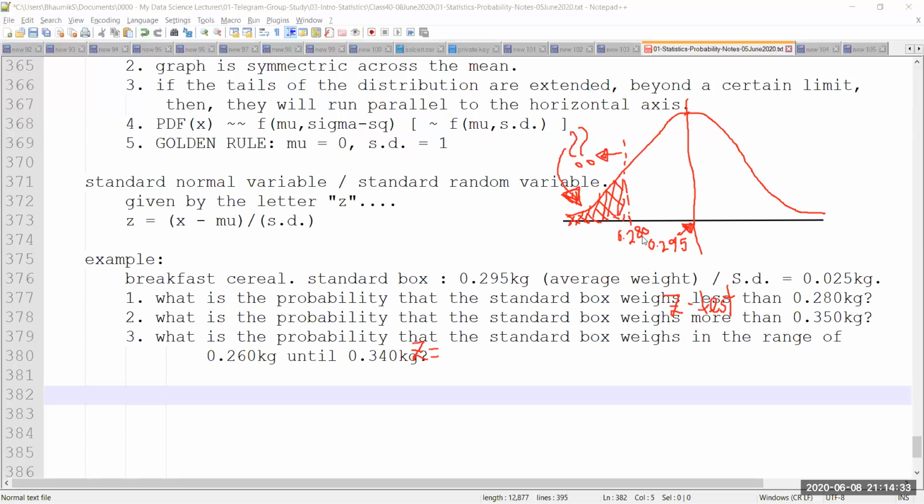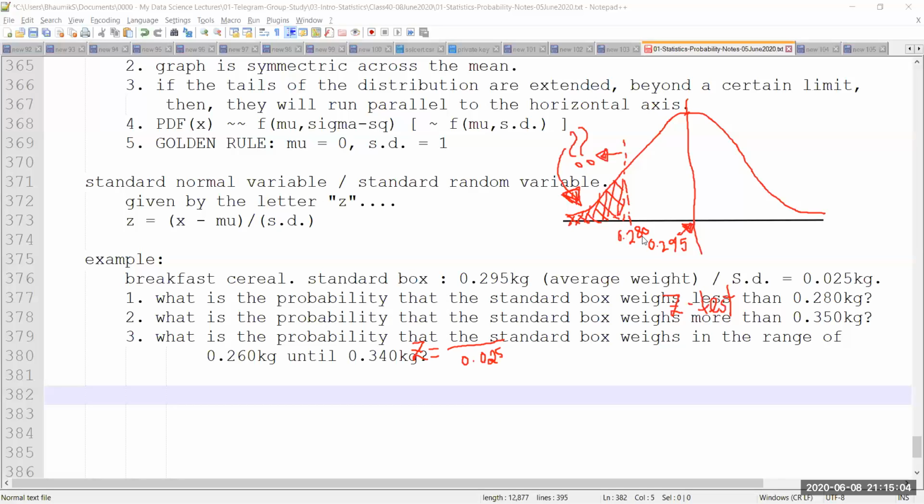What is Z? There is a numerator and there is a denominator. The denominator in this case is the standard deviation. I know from the question itself that the standard deviation is equal to 0.025. So that goes into the denominator. And then in the numerator, let me go with the pen only. It's fine. So in the numerator,